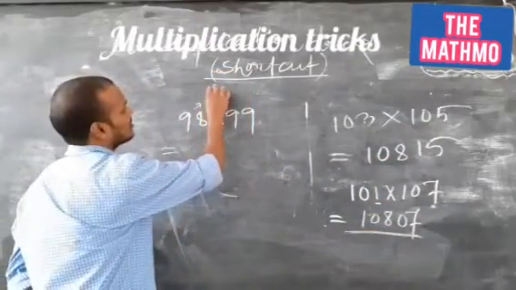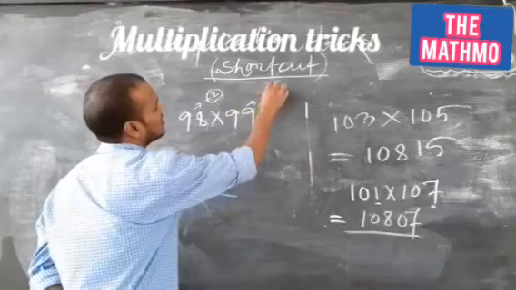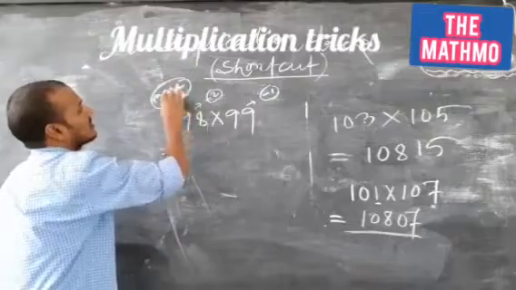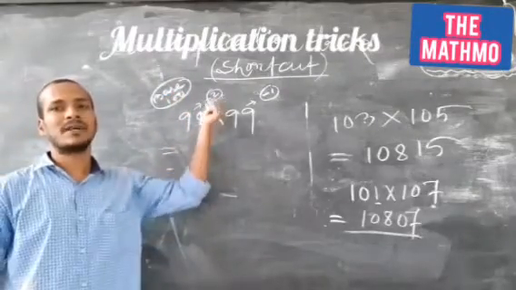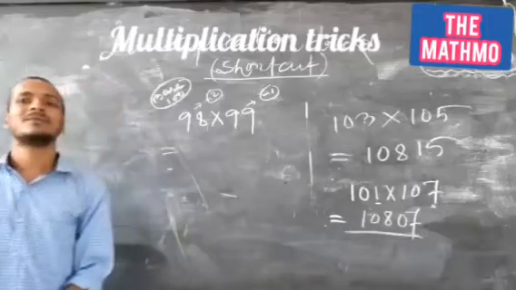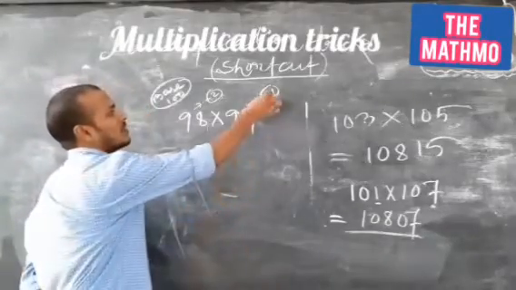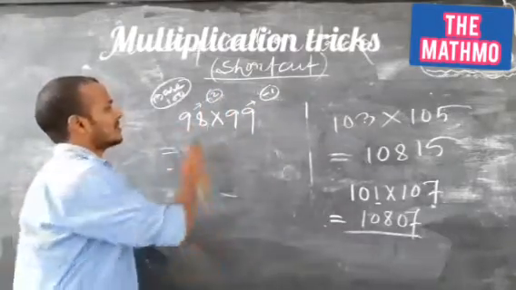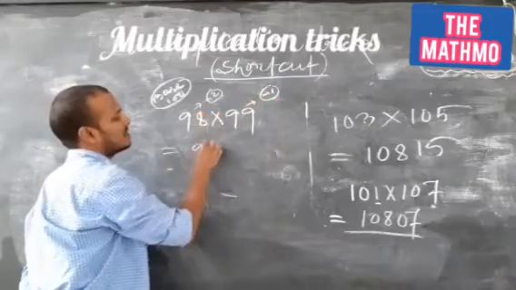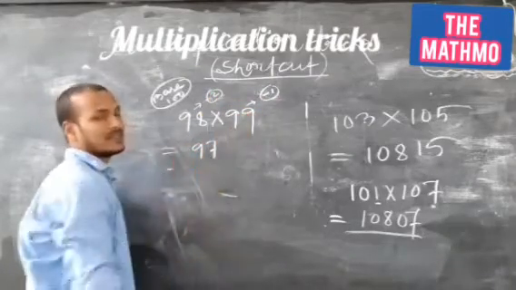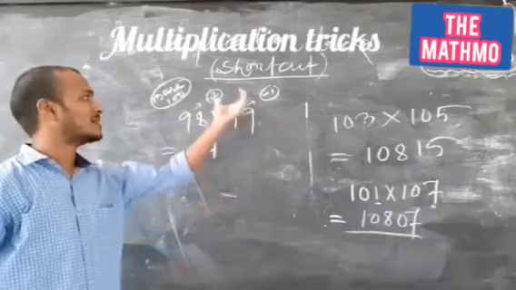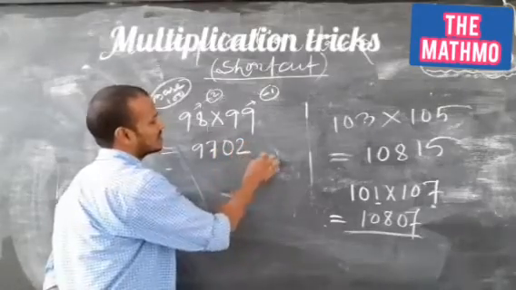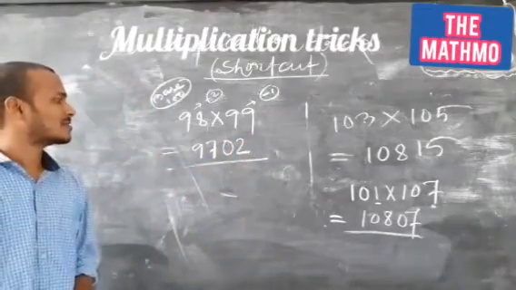You see, this is 2 less than 100 and this is 1 less than 100. Your base here is 100. And 98 is 2 less than 100, and 99 is 1 less than 100. So like the previous one, you have to subtract 1 from this one or 2 from this one. You will get the same thing. So if you subtract 1 from 98, it will be 97. Or you subtract 2 from 99, it will be 97. You have to write that, and then you have to multiply the difference. This 2 and 1. So 2 ones are 2. And that one you write in 2 digits. That's your answer. It's quite easy.